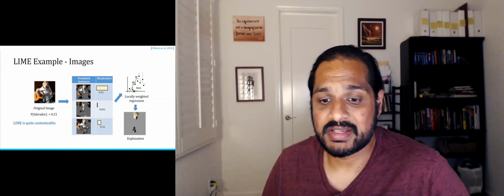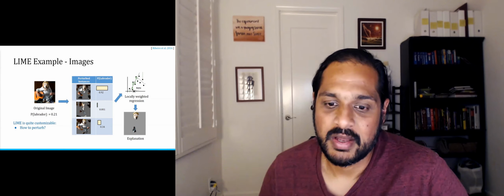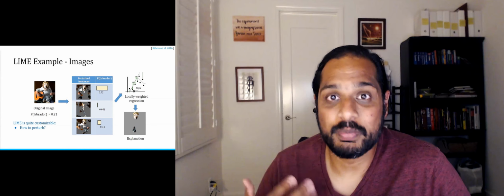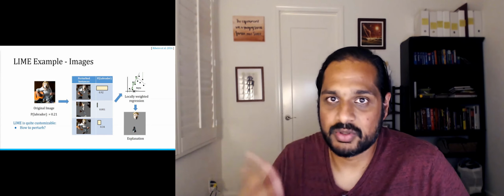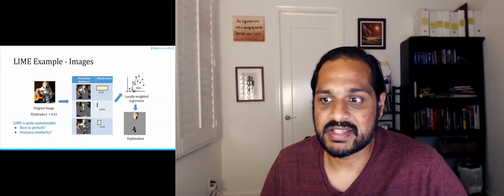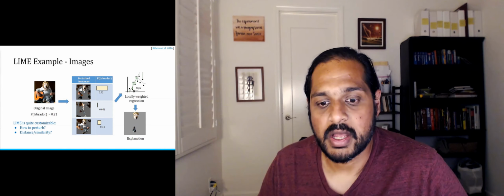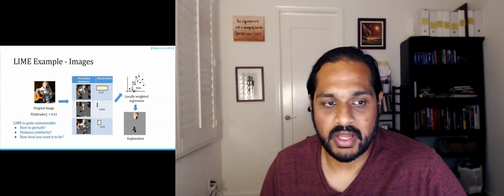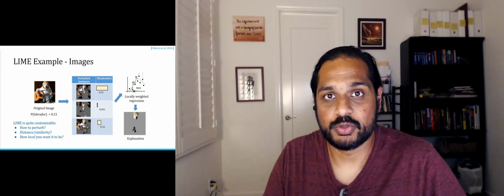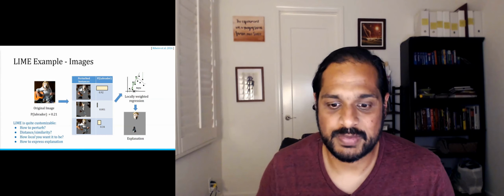What is nice about Lime is that it's extremely customizable. And some might say that this is also the problem with Lime. What is customizable? Well, in this case, first thing you have to pick is, how do we perturb these images, right? Or whatever you're trying to do, you have to perturb it, and there's a lot of flexibility there. What is the distance, or the similarity function, in order to do the locally weighted regression? This is something that the user can come in and change. How local do you want the explanation to be? Is it supposed to be very, very local or slightly broad? That's also something that the user can specify.